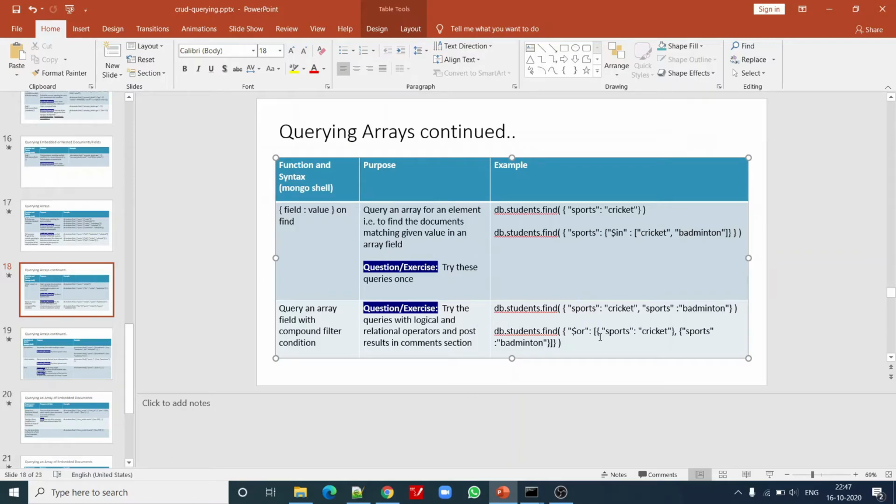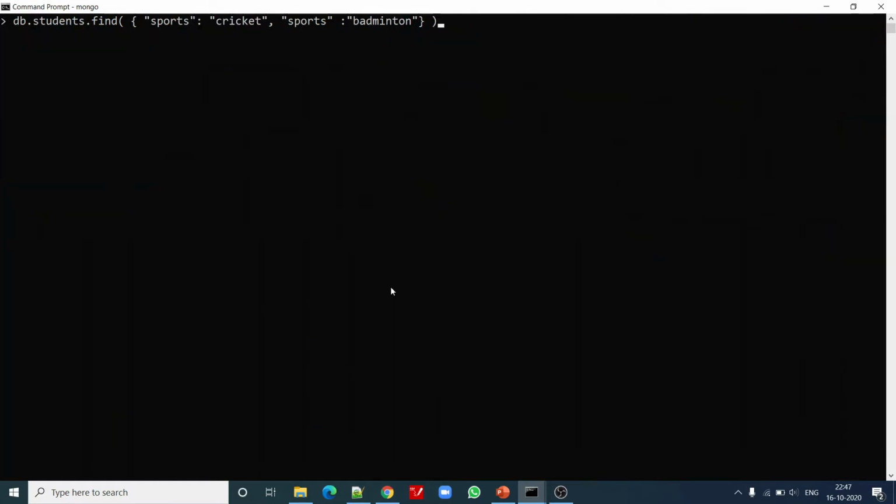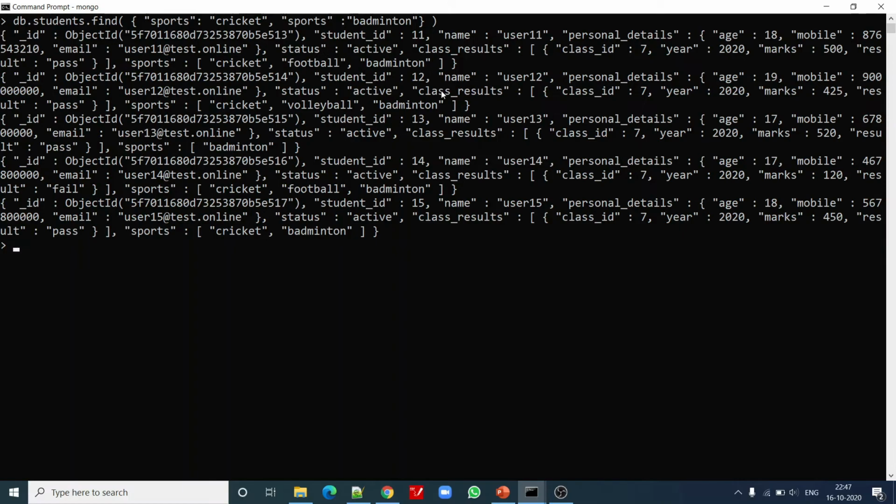Now moving on, next I want to show you this query as well. See, now again sports equal to cricket, sports equal to badminton. Let us see what the results are. Now you see, irrespective of any order, it is matching either of these values, right?